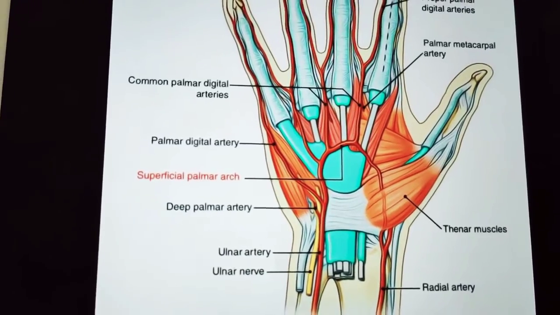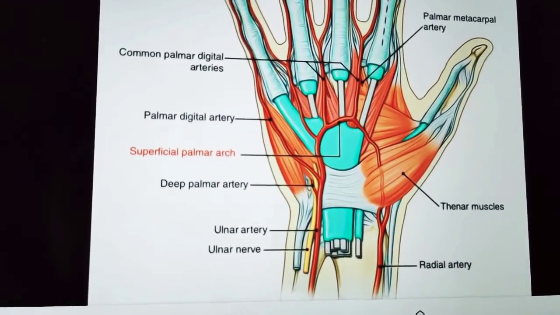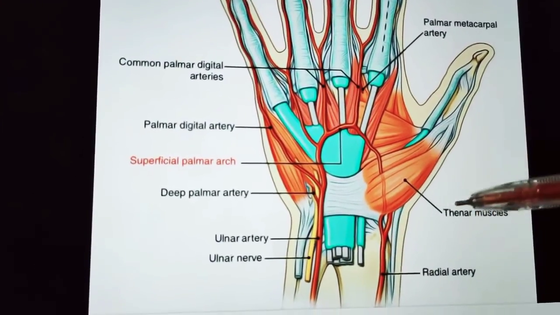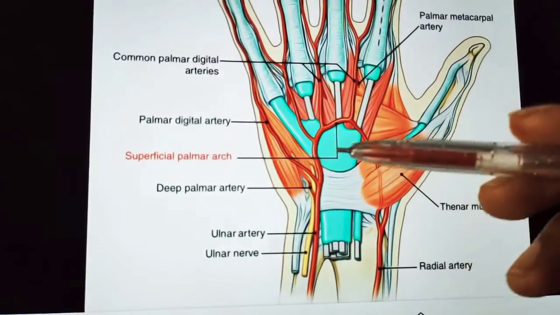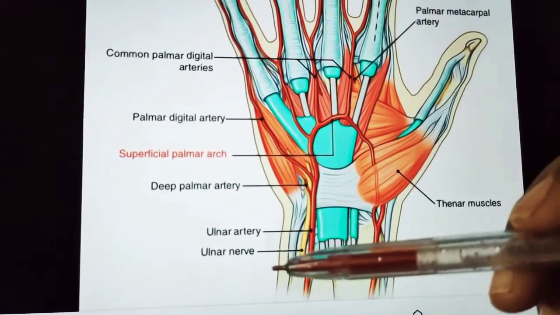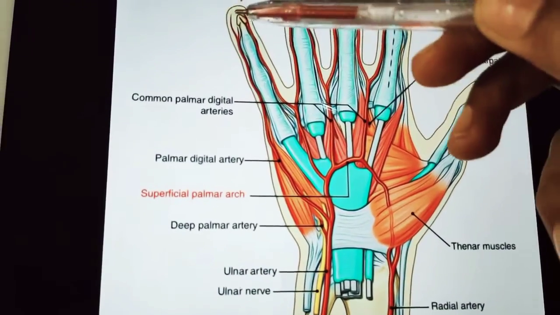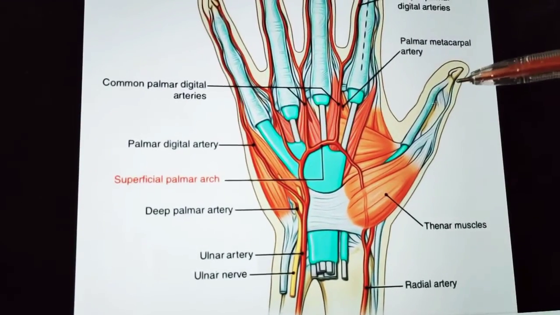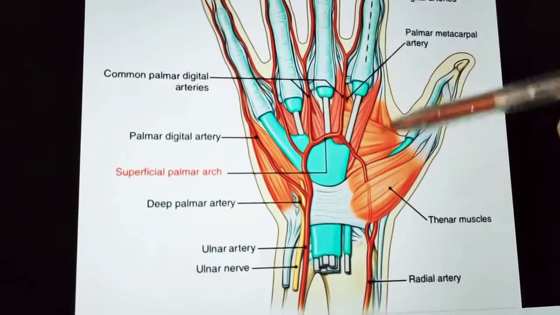Okay, so now let us understand about the superficial palmar arch in detail. This arch represents important anastomosis mainly between the ulnar artery and the radial artery. You can see here the radial artery also forms some part of the superficial palmar arch, but the main part is formed by the ulnar artery. The ulnar artery of course will be on the little finger side. So you can see this is the ulnar artery, and the radial artery on the thumb side, you can see it is forming a superficial palmar arch.